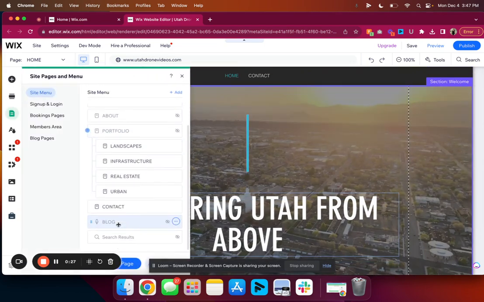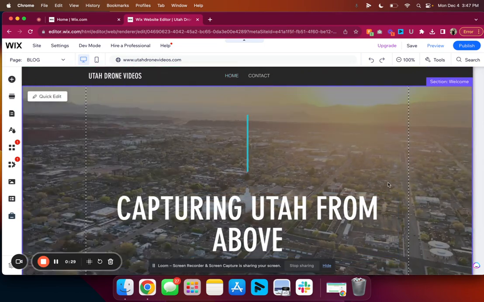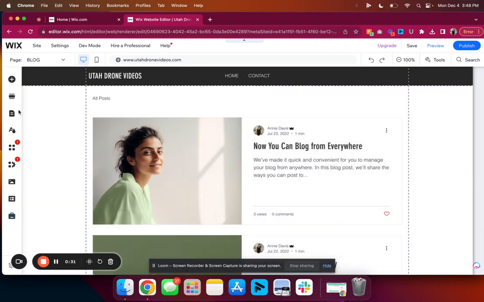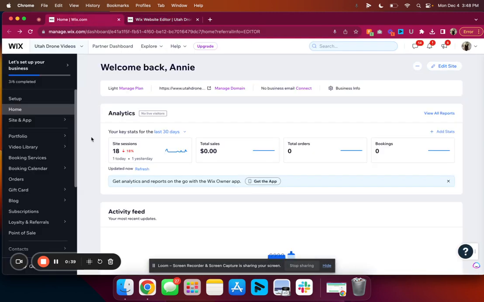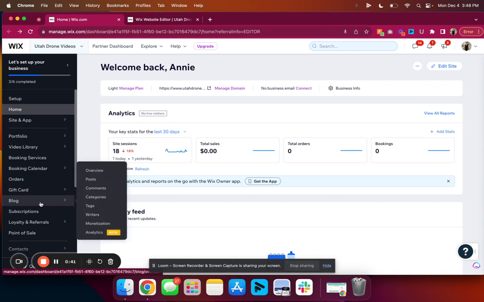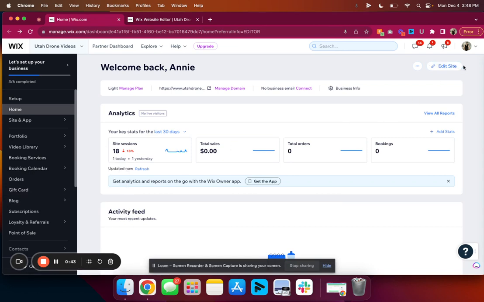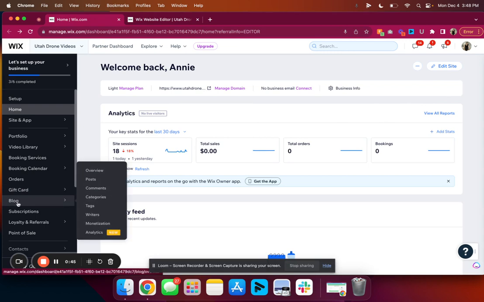You're going to want to check out your blog page initially and just make sure that you're familiar with what it looks like. If you want to edit this layout, etc., you can do so here. However, if you go back to the dashboard, the main place you're going to be editing is a little bit different for blogs. So instead of clicking Edit Site, you're going to go to Blog on the left,